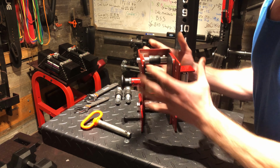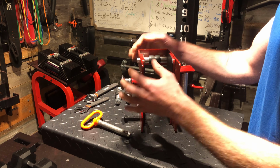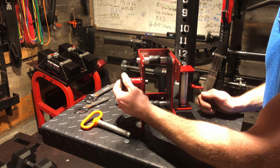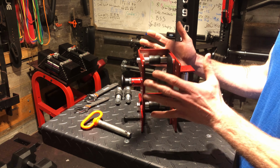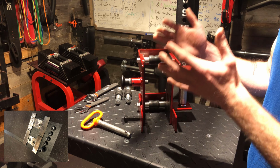So getting back to it, the first step was to make these eye brackets. This piece in the front was not here. The rollers aren't there. This pin isn't here. And the UHMW plastic isn't there. After I made those, and I'll show a picture here of what they looked like before I was finished, how I made those was I